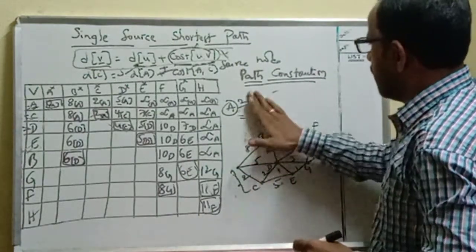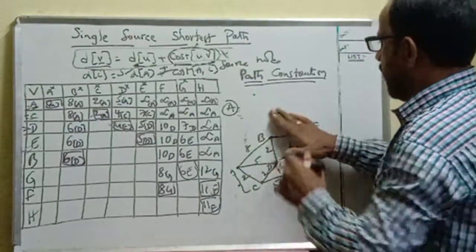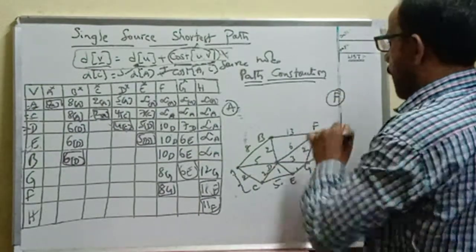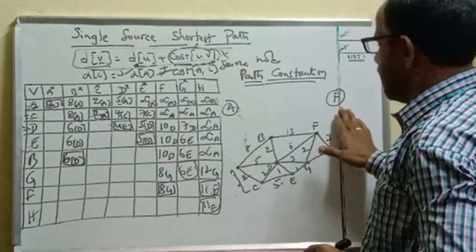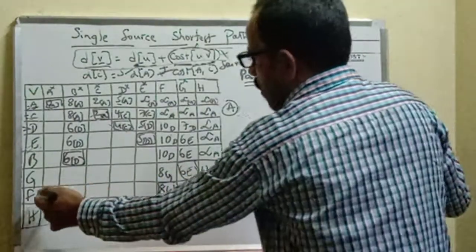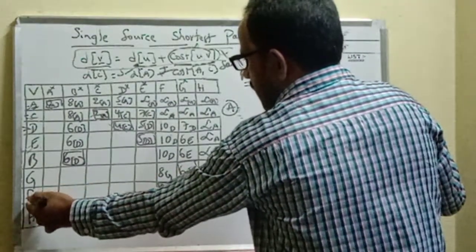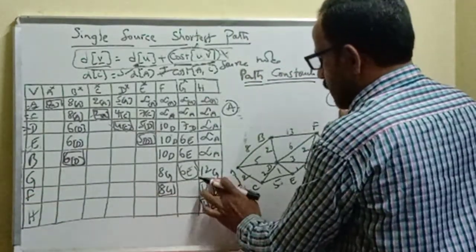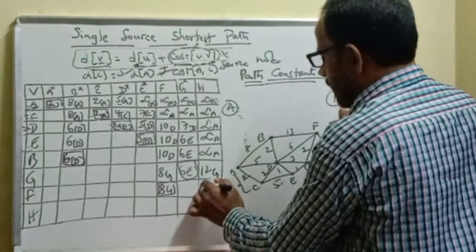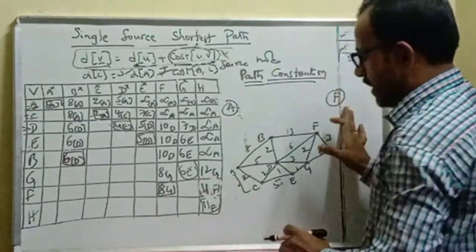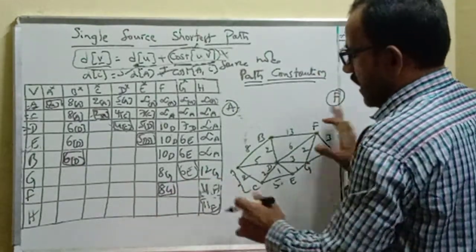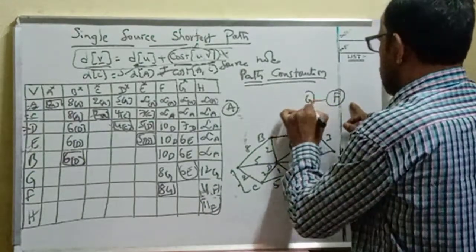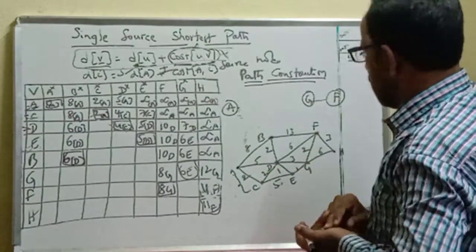Or finally, the last one I am going to show. A to F. If you consider A to F, A is the source node and F is the destination node. Then go to row F, the row which is represented with F, and identify which number is there in boxes. Which number is there in boxes? 8 is there in boxes, and the node represented within that box as subscript is Z.